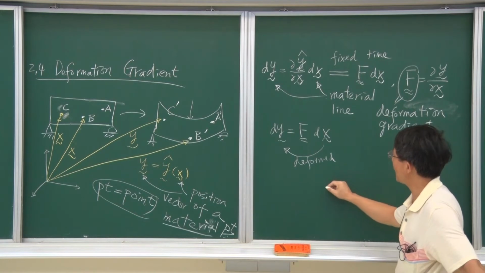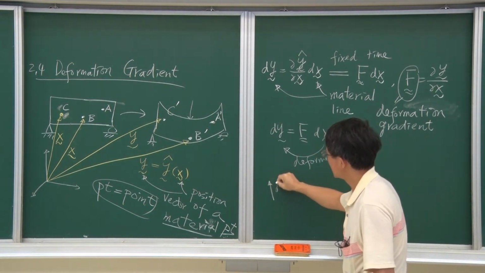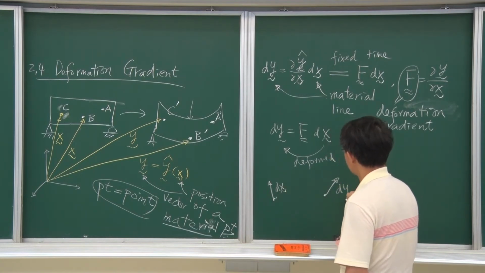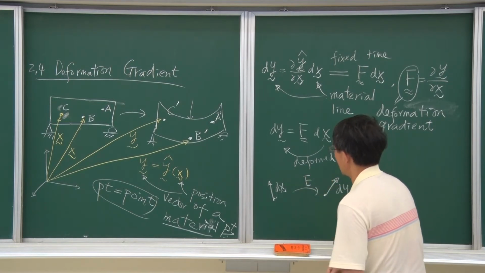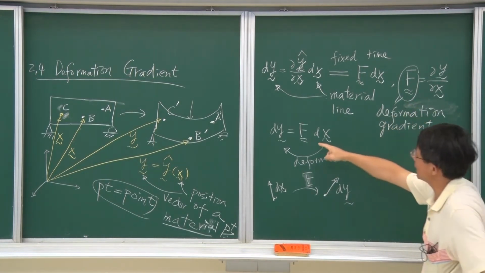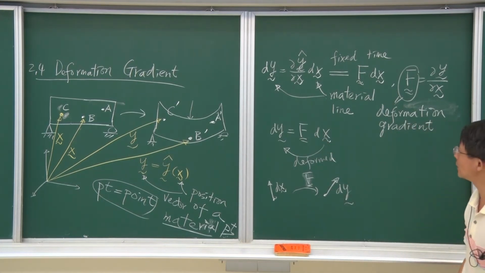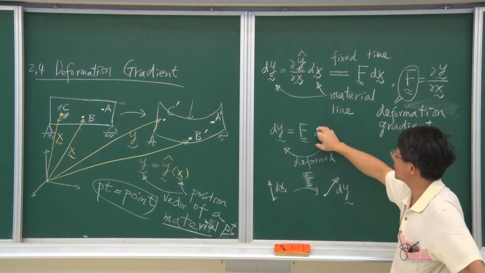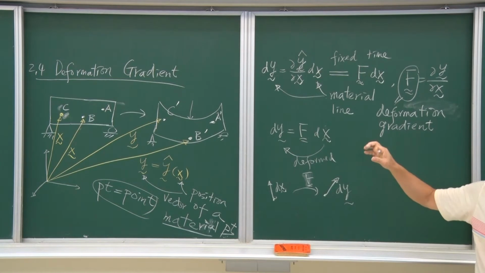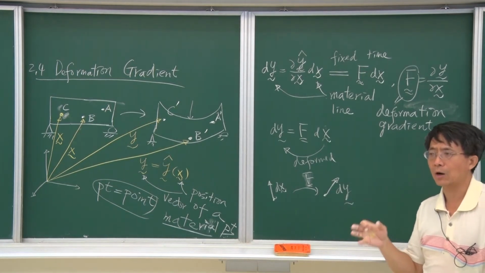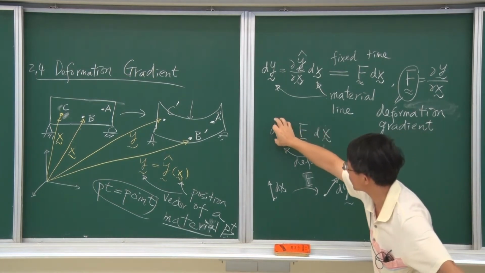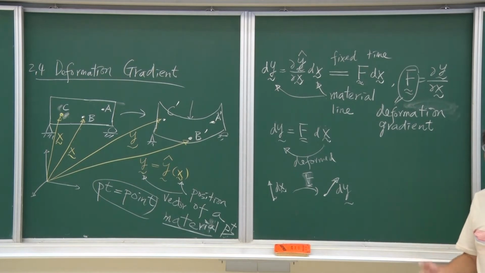For example, you have a material line here. After the deformation, the material will be like that, and they are connected by the matrix F. So this matrix F looks very important, because it tells you the information of the material line before and after the deformation, right? So as I said, we go back to the very origin to consider what deformation is. We now want to do this: how does a general material line change into another? So see here, we are going back to the very beginning,